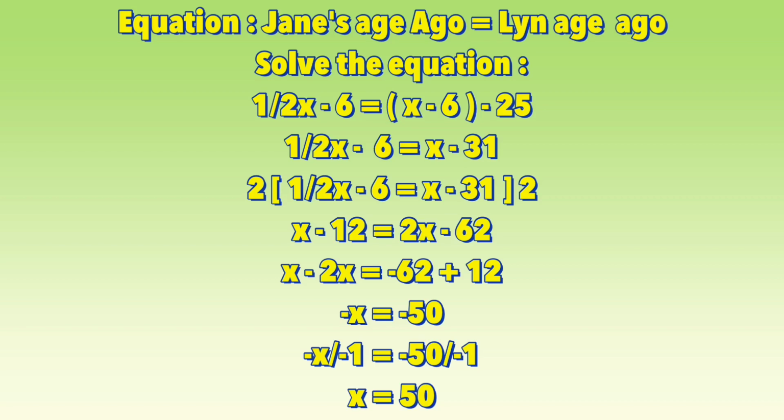Negative 62 plus 12, we have negative 50. And then since we're going to solve for x, we're going to divide both sides by negative 1, and we have now positive x equals 50. So let's check if our answer is correct,